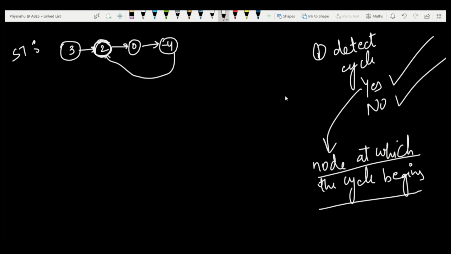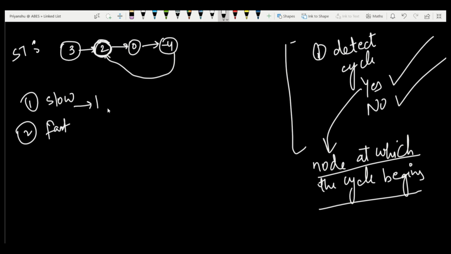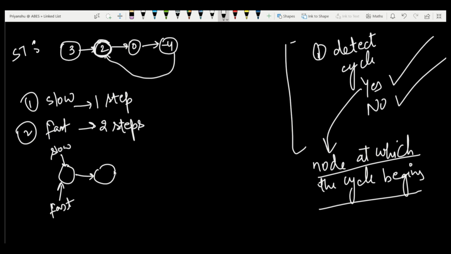So how are we going to find it? First, we will detect the cycle. We'll use two pointers, slow and fast. Slow will move one step and fast will move two steps. At the starting, the slow and the fast pointer will both be pointing to the head of the linked list, and we're gonna make the condition of our loop such that